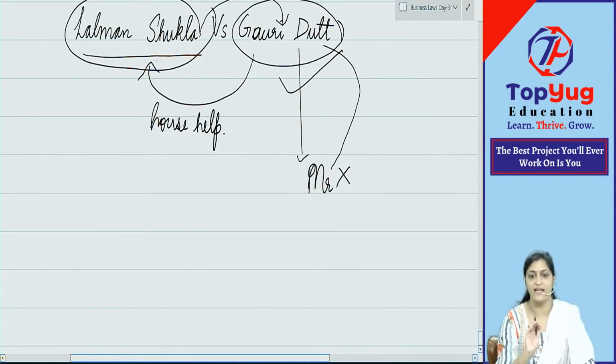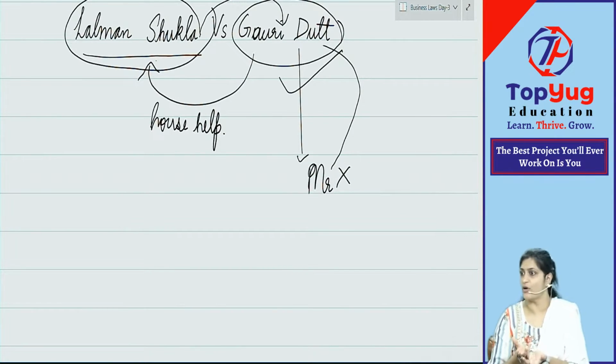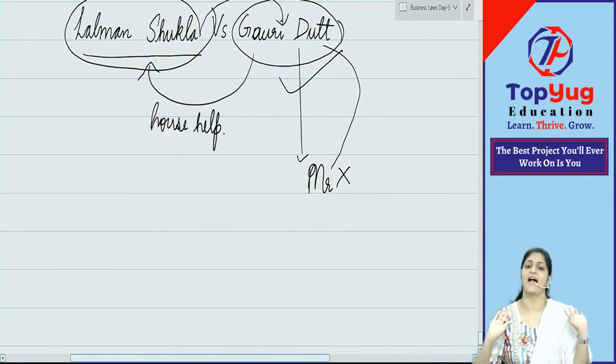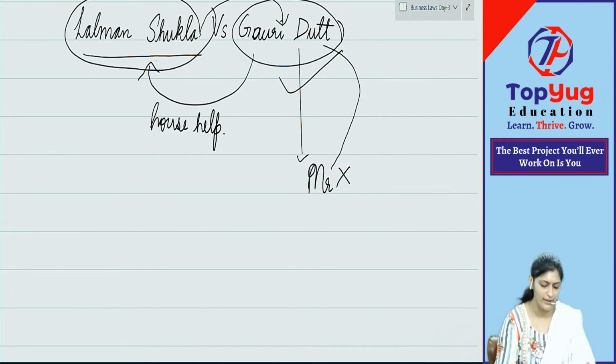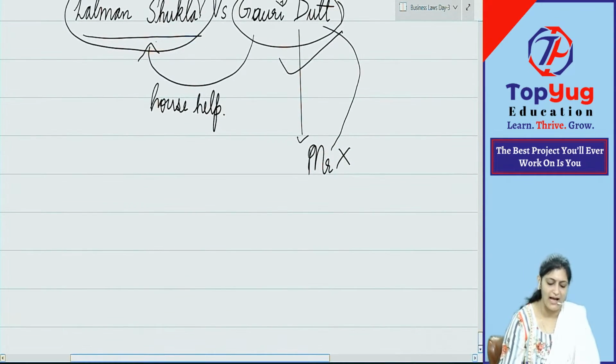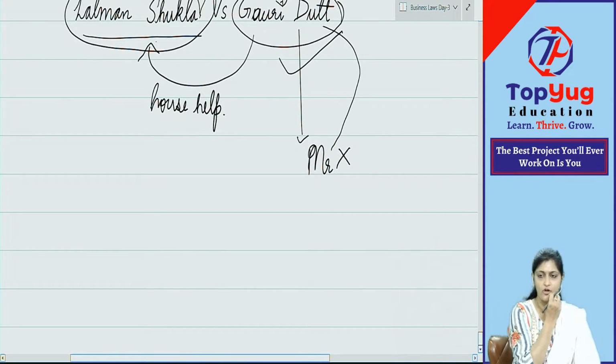From this case law, it is very clear that an offer always needs to be communicated. Once you are aware of the offer, only then can you accept it. Without being aware of the offer, can you accept? No. There will not be any valid acceptance, therefore there will not be any contract. No offer, no acceptance, no contract. Clear with this? Okay. So this is the case law, Lalman Shukla versus Gauri Dutt. This case law is for what? An offer is always required to be communicated.